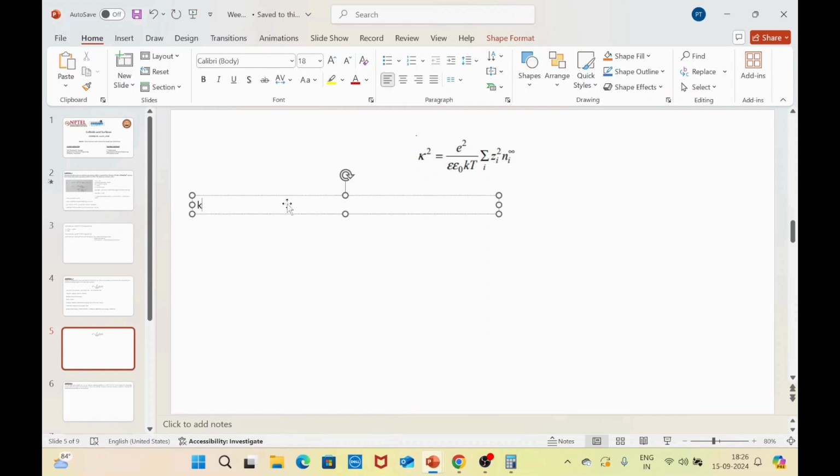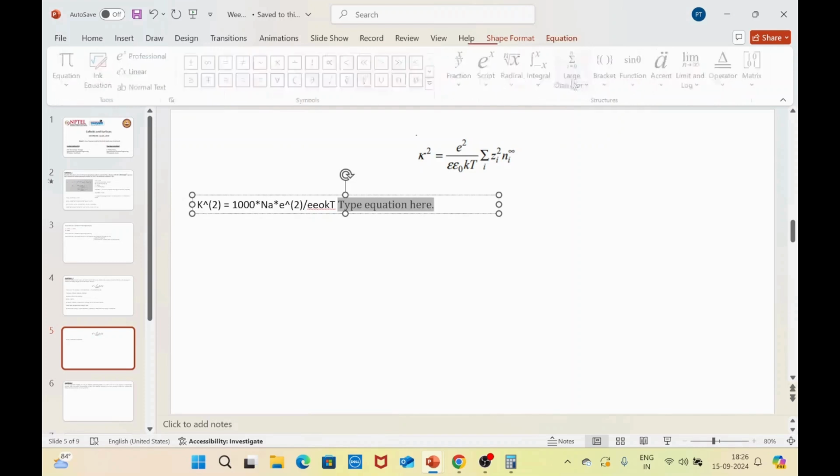So your formula will be kappa square equals 1000 times Na times e square by epsilon naught kT. This will be the term outside of that sigma,